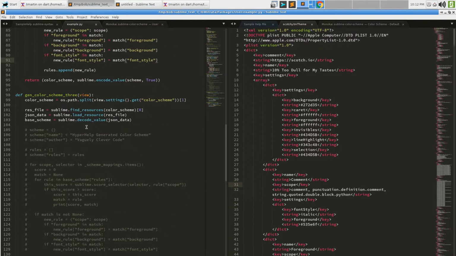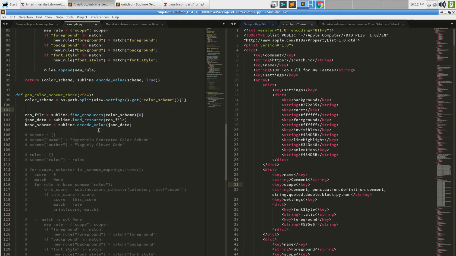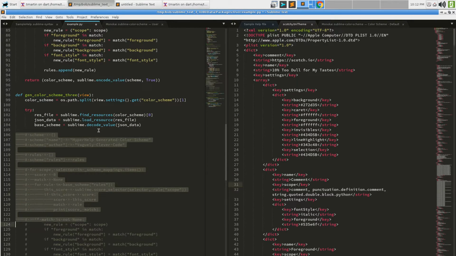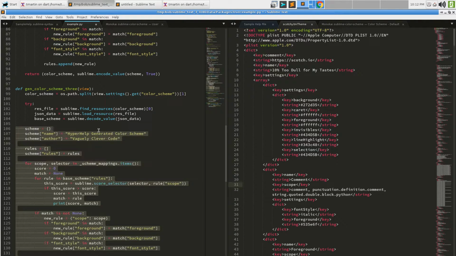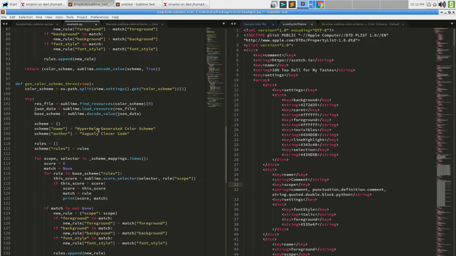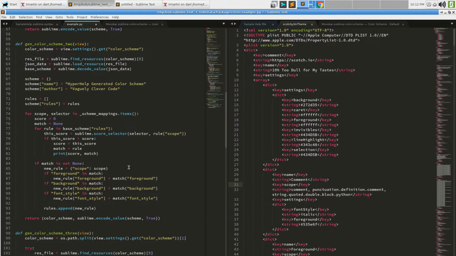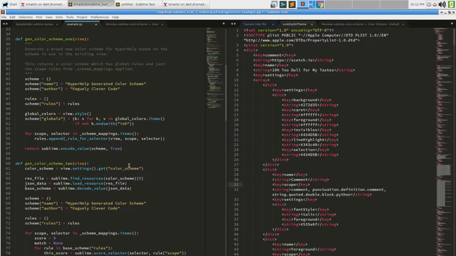So what we could actually do is throw that into a try, and just try to do that. And if that works, then you would also do all of that, right? But if anything in there throws an exception, then that part doesn't work anymore. So we can just do what Gen Color Scheme 1 was doing, which is examining the view and coming up with a set of globals.